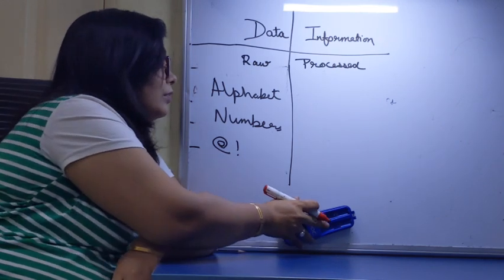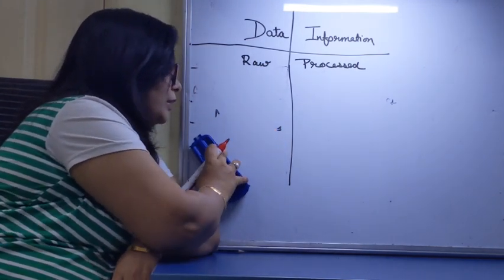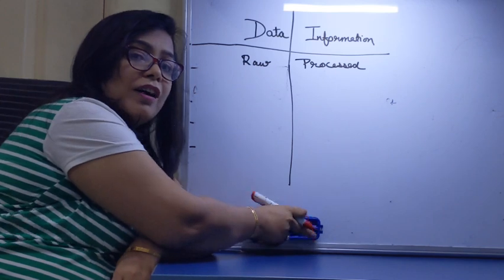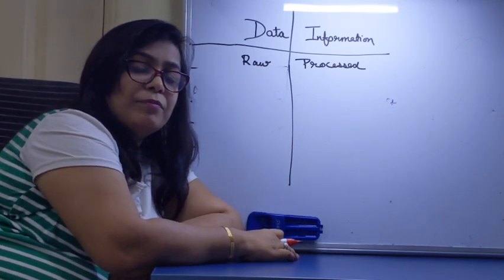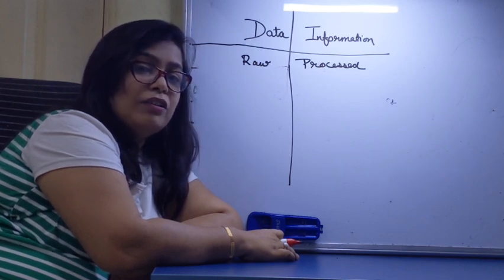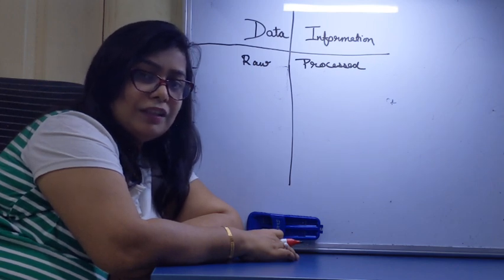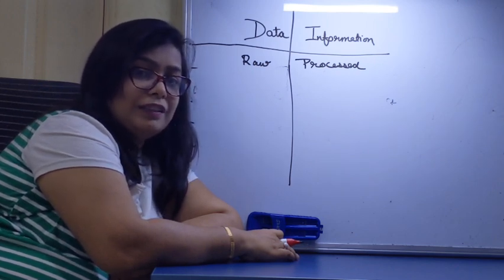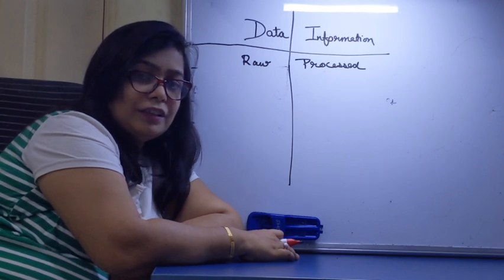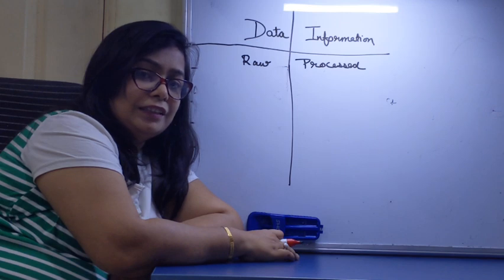Okay. So I have given both examples: how a human being uses the data and processes it into information, and how a computer does. When the computer does it, it is much faster and more accurate. It is not dependent on the situation. It does it without getting tired because it's a machine. And a human being also does it, but there are some differences. So fine. That is how we have covered this chapter.